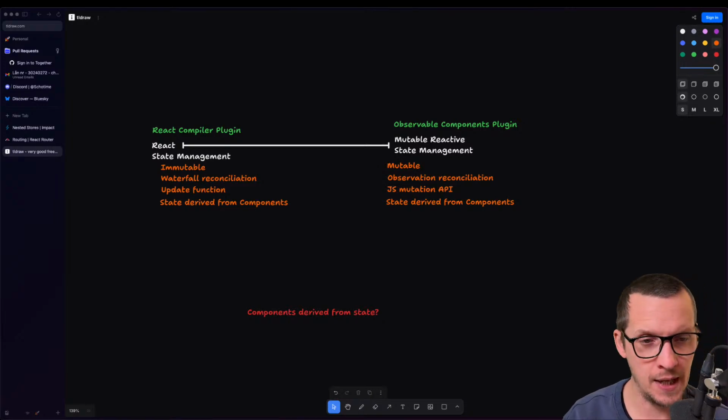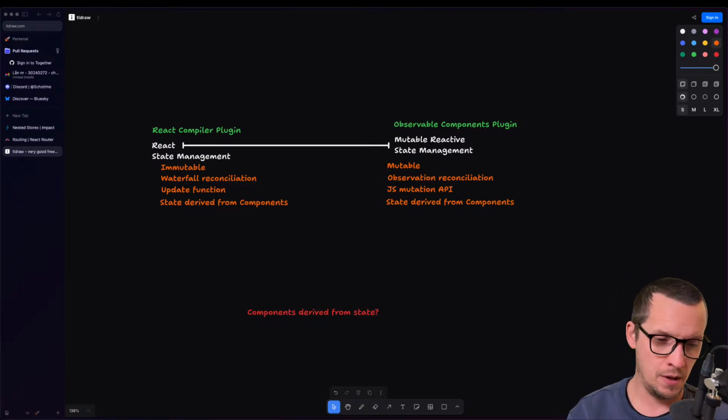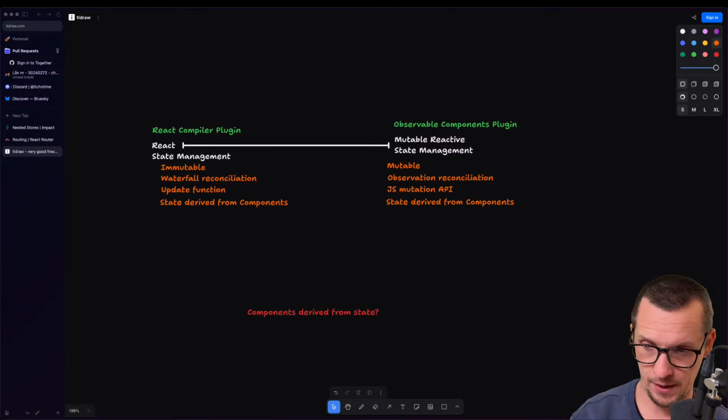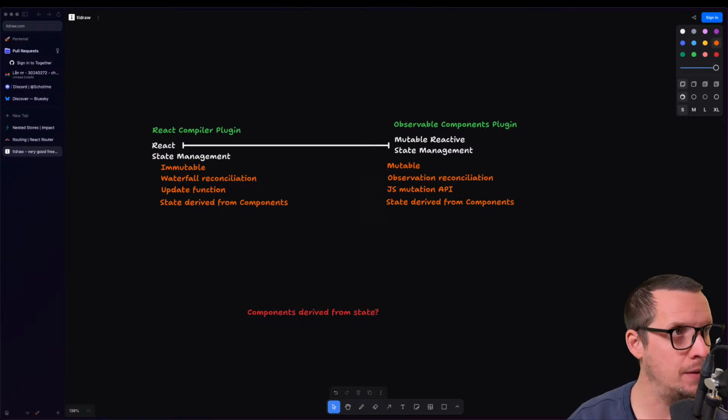You can't use state from use reactive with use effect, for example, or use memo, but you won't really use memo anyways. But you shouldn't really use effect with state anyways. Like, state management.